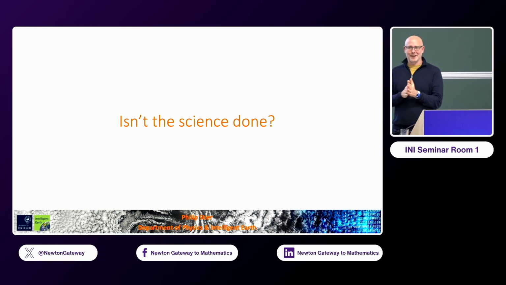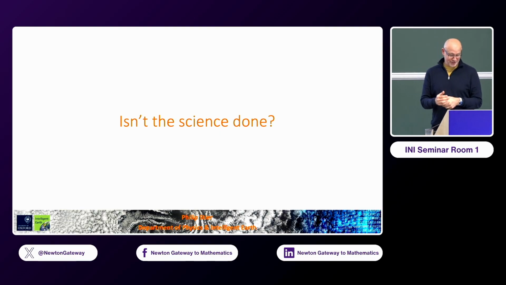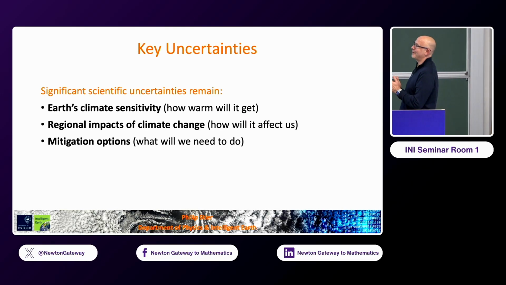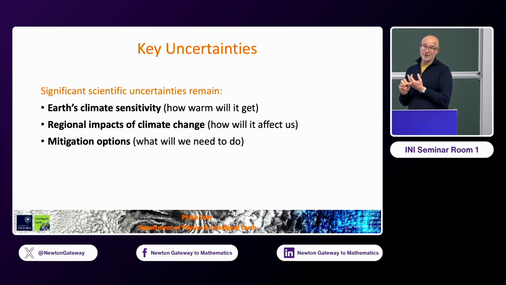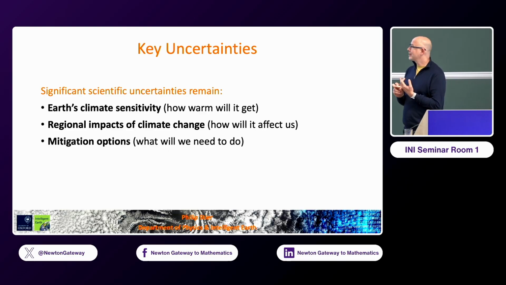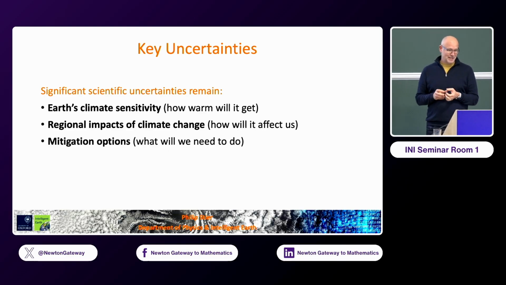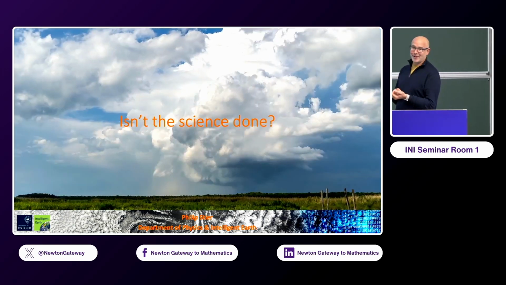And the answer is generally it's done enough to act, so that's done, but there's a lot of uncertainties left. When you think of it, we don't understand Earth's climate sensitivity fully. How warm will it get? I'll come back to that. We really don't understand well the regional impacts of climate change. And then we also have to think quite a bit about the mitigation options, what we need to do. And the more you dig into it, the more you realize it's very often clouds that get in the way